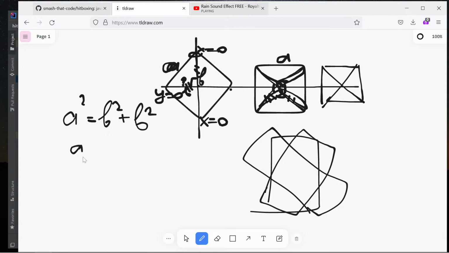So it's like a equals b multiplied by square root of 2. That's it. The only thing that I need is square root of 2, and I can make a constant for this. And I need b